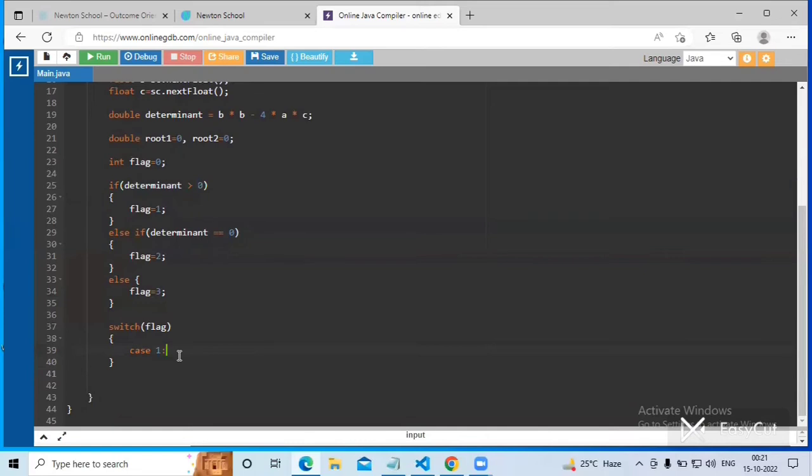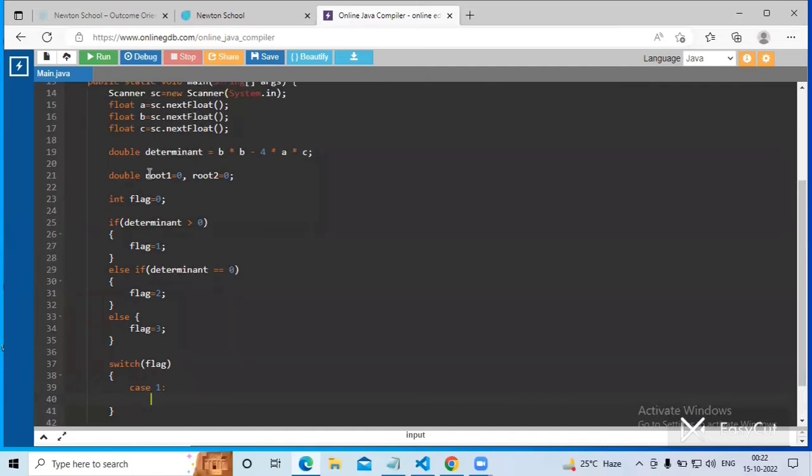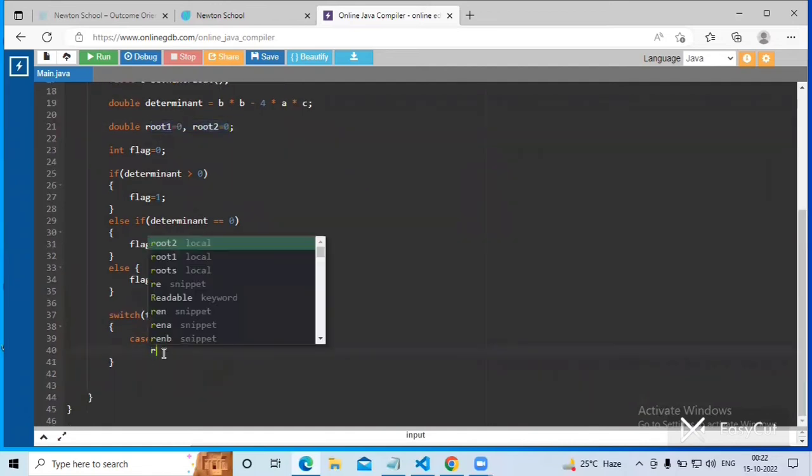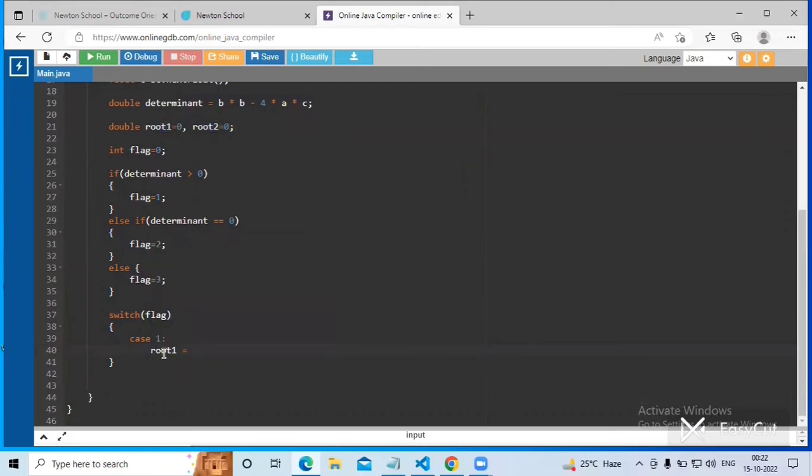So now in case 1 we will find the roots. To find the roots there are some formulas, so we have to use those formulas to find the roots. To store the roots, we have taken two variables, that is root1 and root2. So here we'll write root1 equals, inside the bracket, this is the formula to find the root: minus b